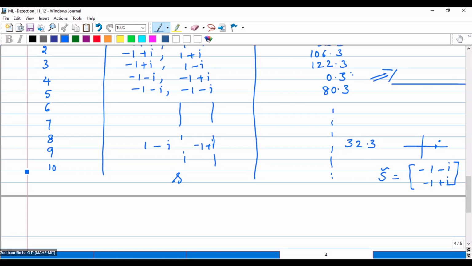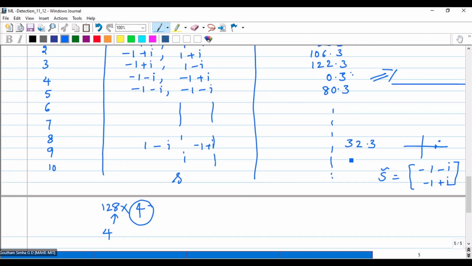Now, for only 2 cross 2 antennas, you have to calculate it for 16 iterations, or 16 times of brute force. Now if you have something like 128 cross 4 antennas, then even if you were to use 4 QAM, it is 4 to the power of this term, for all the receivers that you have to calculate. This brute force will definitely give you the optimal result, no better result than this. But this is a complex way of finding it.